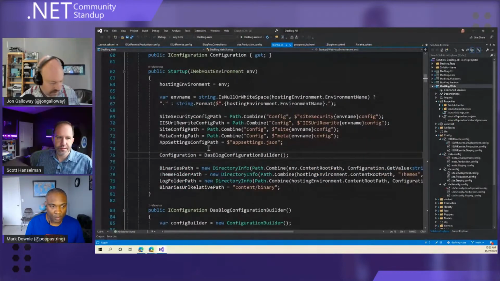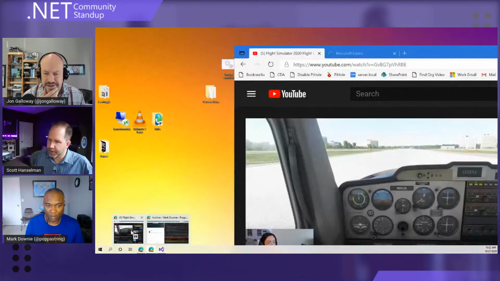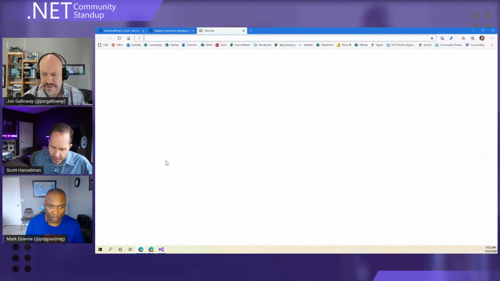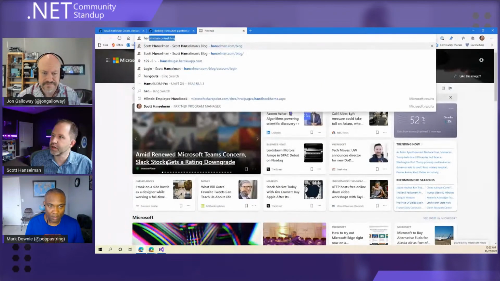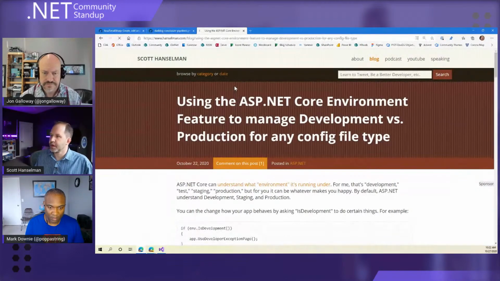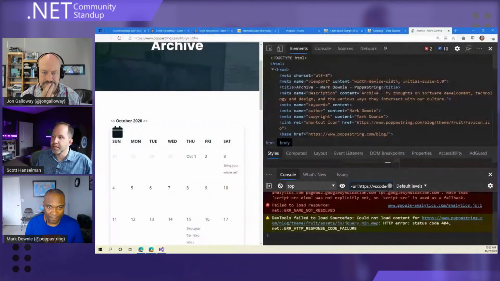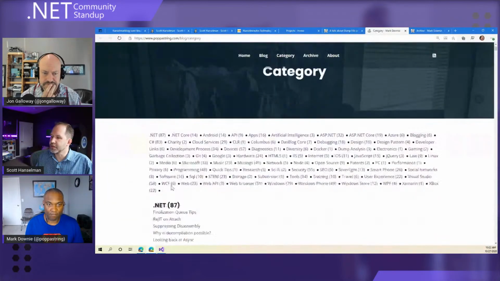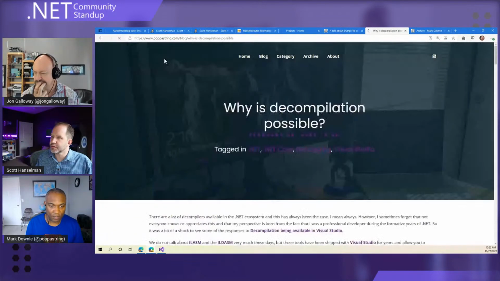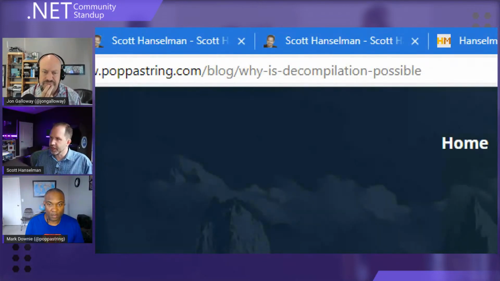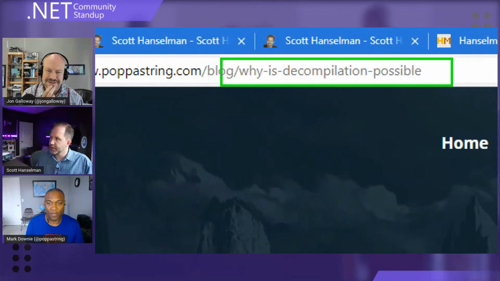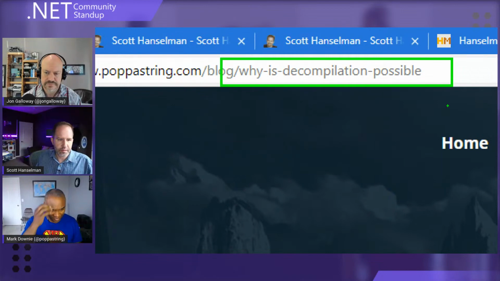I'll share a link to that post in the comments. That is actually right here as well. It's actually on the home page right now, and I want to point out, both on my blog, the what they call kebab casing, and Mark has that as well on his. If we pick one of his, looks like a shish kebab. And just like the old DOS Blog, you can go with a plus sign if you want to. There's some variations on this. Right. You got pluses or hyphens or whatever.